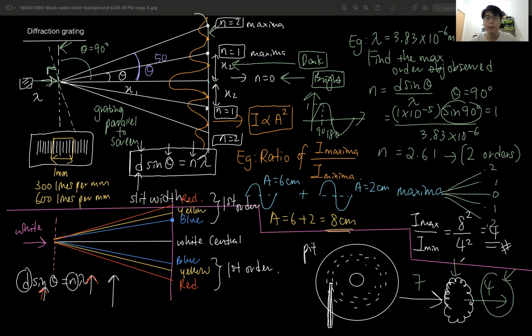So this is how they study the composition of stars in outer space, because you can't actually go there, right? You can't actually go there to study what it is made of. You can only look at the light, analyze the light. Okay, so here's a short lesson on diffraction, and we finished the